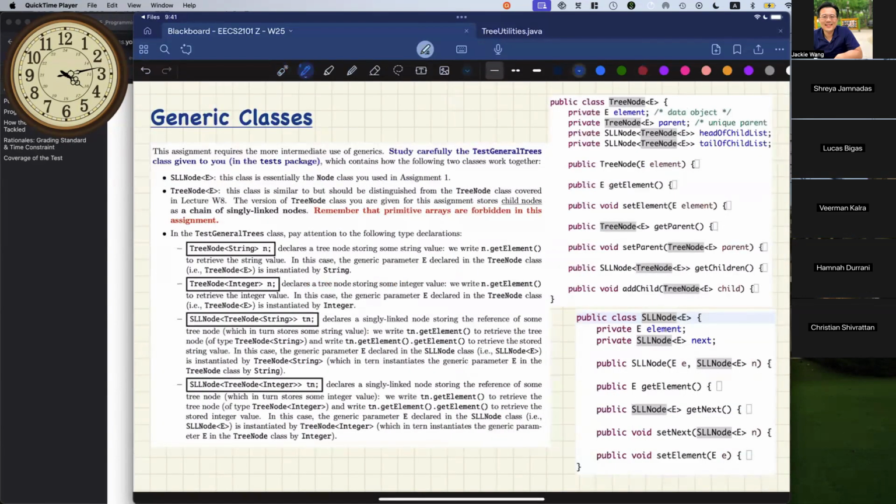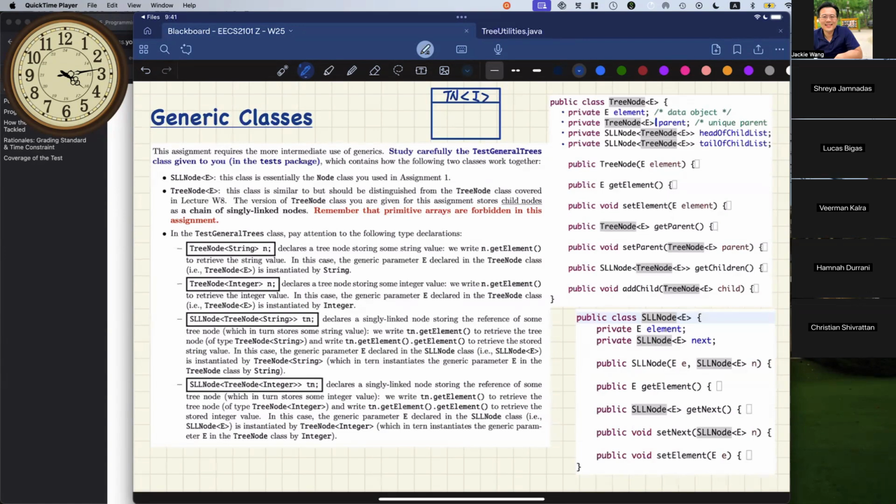So if you think about the tree node, the tree node at runtime is generic. So tree node, and then whatever parameter E here is going to be the data that we're storing in the tree node. For example, it could be an integer, I'll just say I. And so there are four different variables, or attributes, being stored in each tree node.